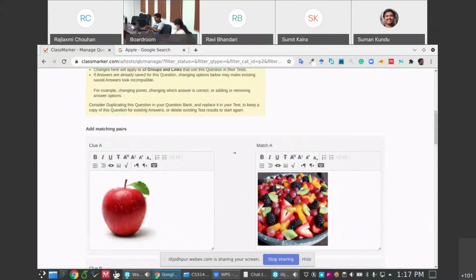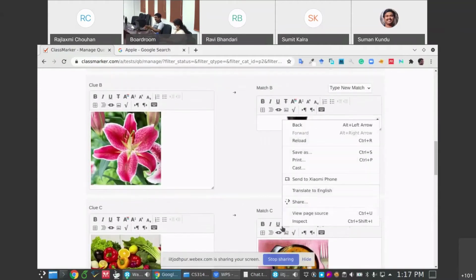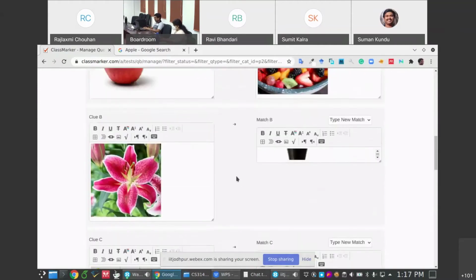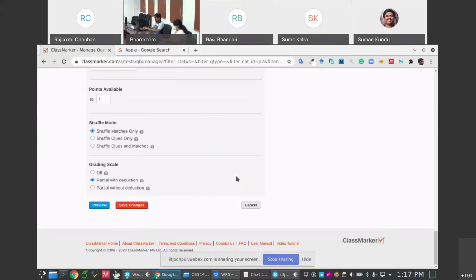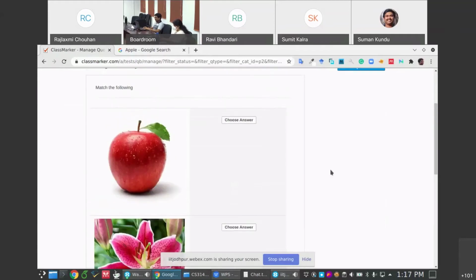So the matching question will come like that. If I review my question here, I can see how the student will see this question.